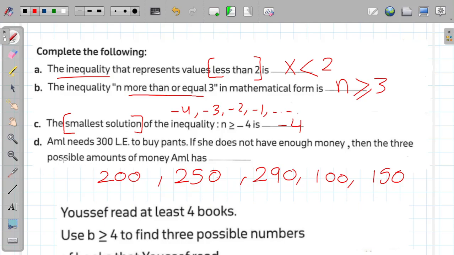So I can say the inequality is x more than or less than, no, it's less than 300. So I will choose any three numbers, and these three numbers will be the amounts of money that Amal has. Okay,